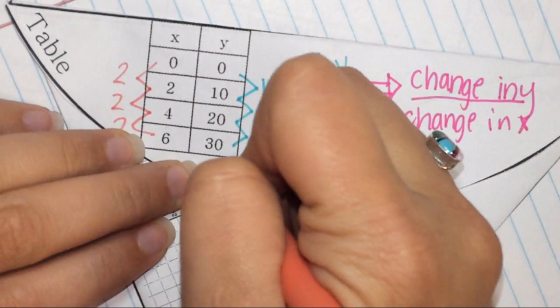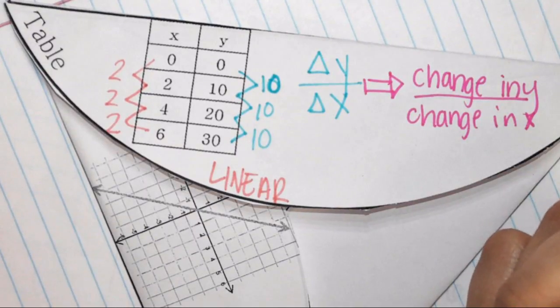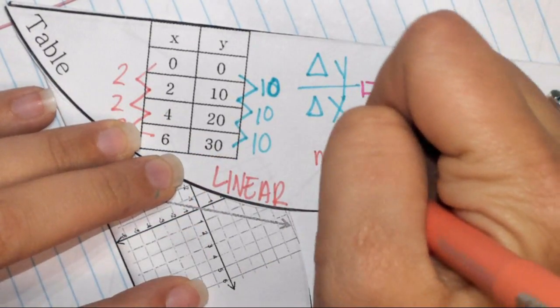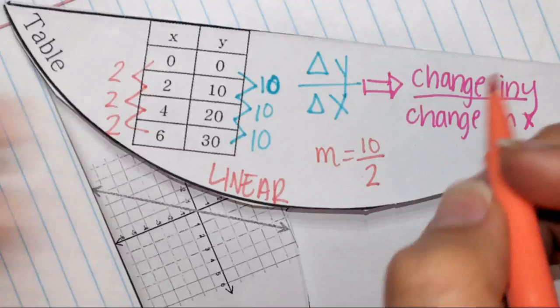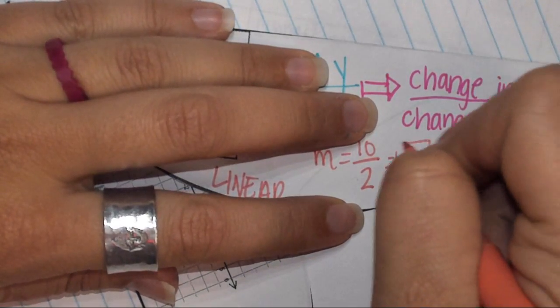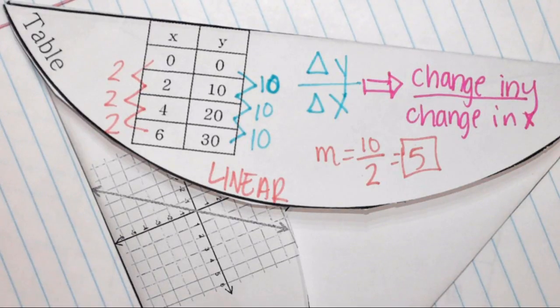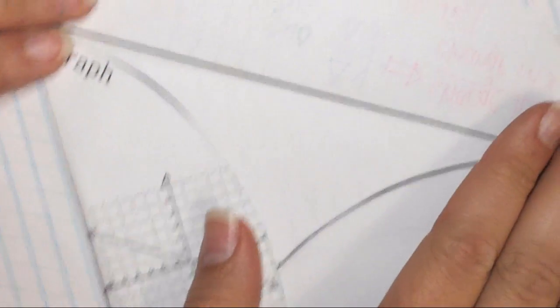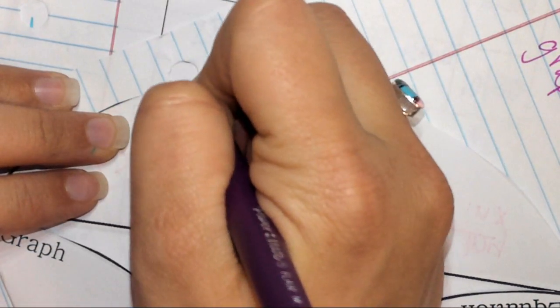So let's write that it's linear. And your slope, which we denote with an m, is 10 divided by 2. What is 10 divided by 2? 5. That's all you do. Does anybody have any questions? Are we sure? Okay, open this flappy. We're going to write an example on the inside right here. Please write x, then y,